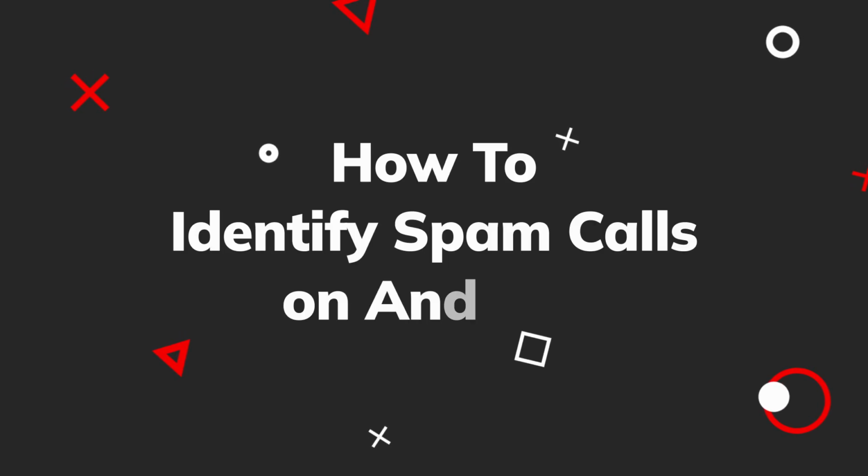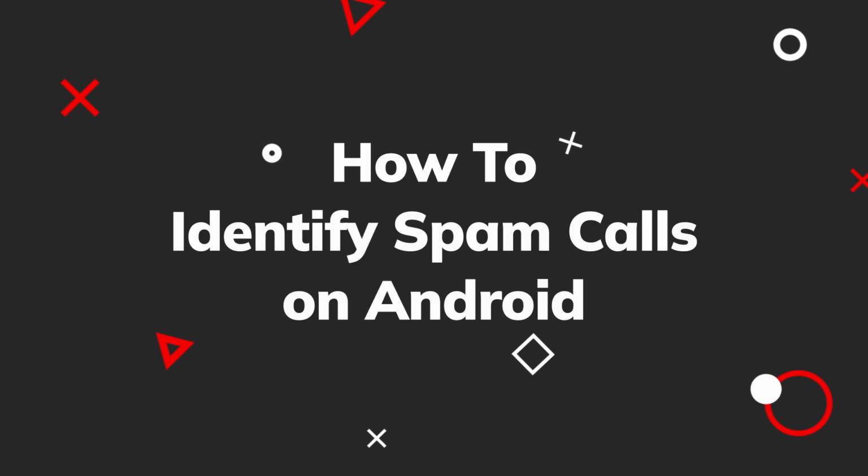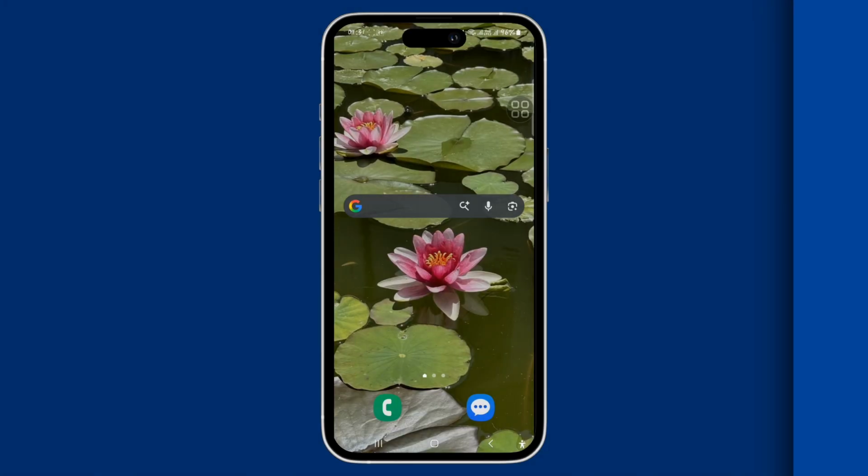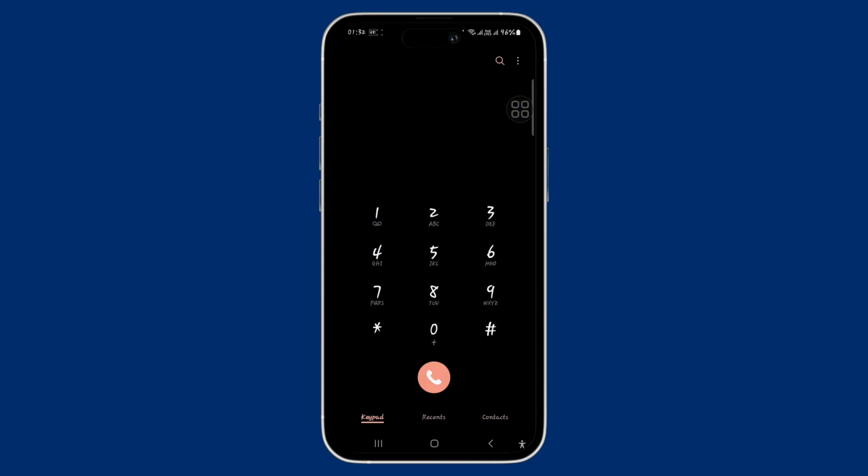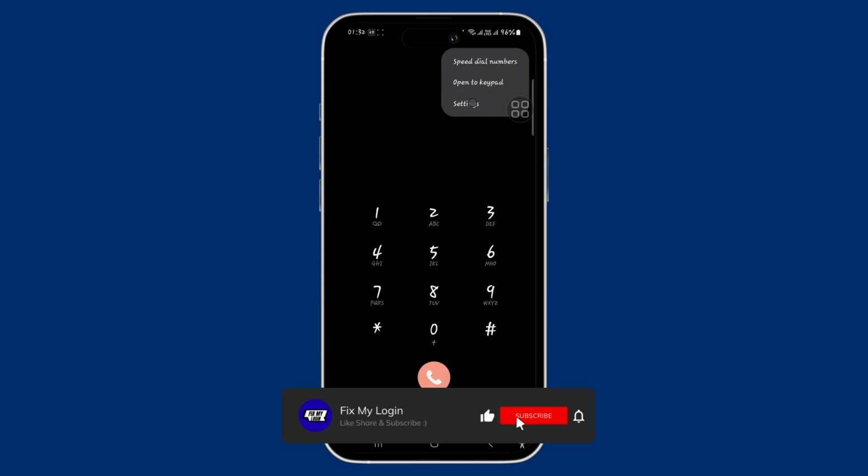Here is how to identify and block spam calls on your Android phone. While you can't always be 100% sure that the call is spam, these features can help. So, first, open your phone app, tap on the three dots in the top right corner, and then tap on